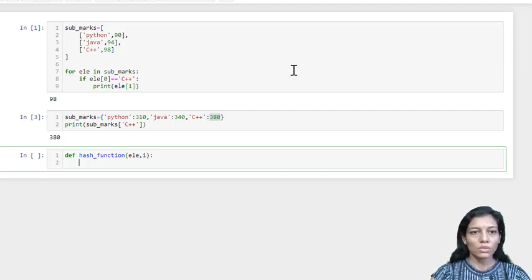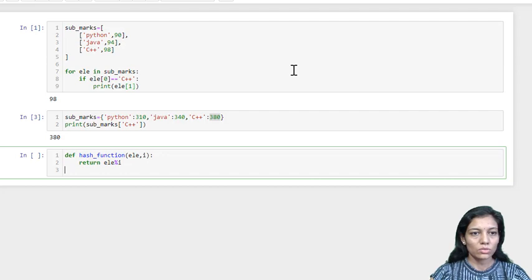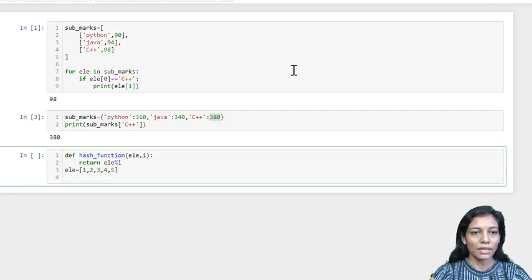Okay, so here we'll be having a size 10, so we'll be returning the element which is given modulo I, and here I is the size of the table that will be passing. So elements is the list of items that we have, 1, 2, 3, 4, 5. These are the elements, and